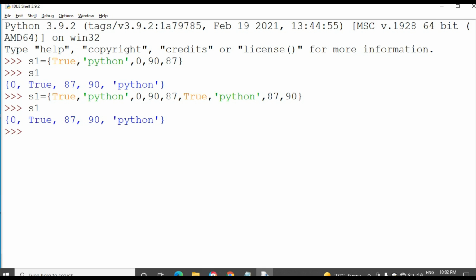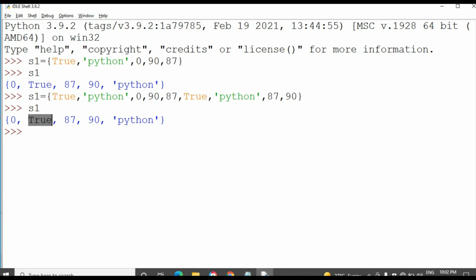See, totally I have taken 1, 2, 3, 4, 5, 6, 7, 8, 9 elements, but the result set contains only 5 elements. The repeated elements are not displayed in this set. True was taken twice, but here it is displayed only one time.